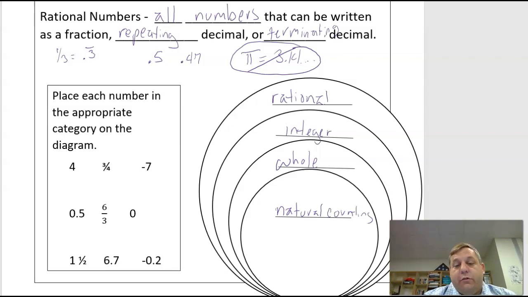So I want you to look over here at this group of numbers right here and see if you can figure out where they would go. Pause the video, try it yourself, and then check back and I will show you where they go. Okay,